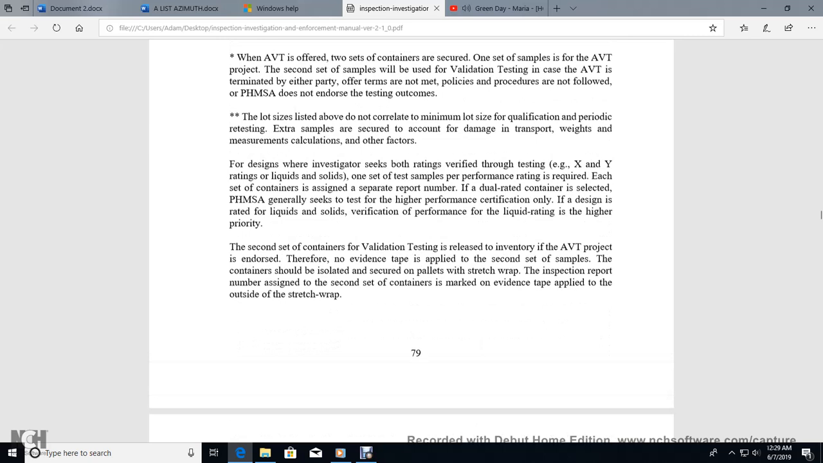For designs where the investigator is seeking the rating, verify the X, Y, and Z rating of liquids and solids. One set of the test sample, with the performance rating record, is required for the set of containers assessed, and a separate report number is assigned for dual rated containers. PHMSA generally seeks the test of the higher performance certification only, to design related liquids and solids, with verification of performance, and liquid rating takes higher priority. The second set of containers for validation testing relates to the inventory and the alternative validation testing endorsed, with no evidence of tape applied to the second set of samples. Containers should be isolated with the screw, with stretch wrap, and the inspection report number assigned to the second set of the